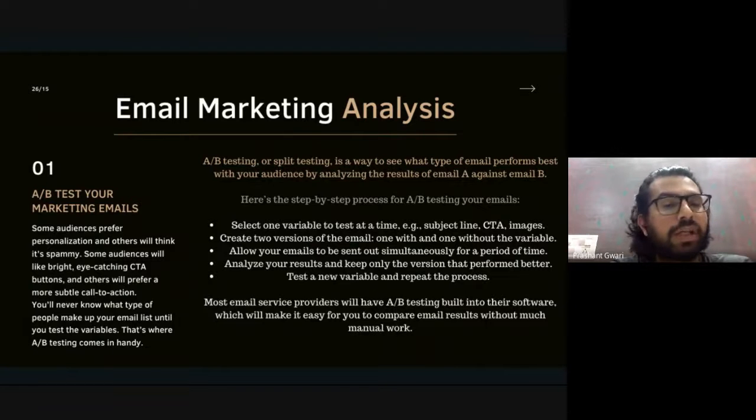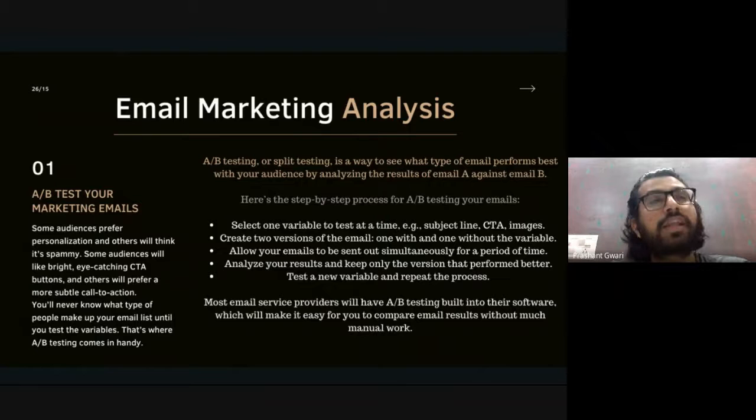Because some audiences prefer personalization and others will think it is spammy. So maybe if you are sending 100 emails and all those 100 emails include the customer's first name, maybe 40-50% will think, oh, it's really good, they are connecting with us personally, or maybe someone will think, oh, they have our personal information, maybe it's spammy. So you don't know how customers will react.